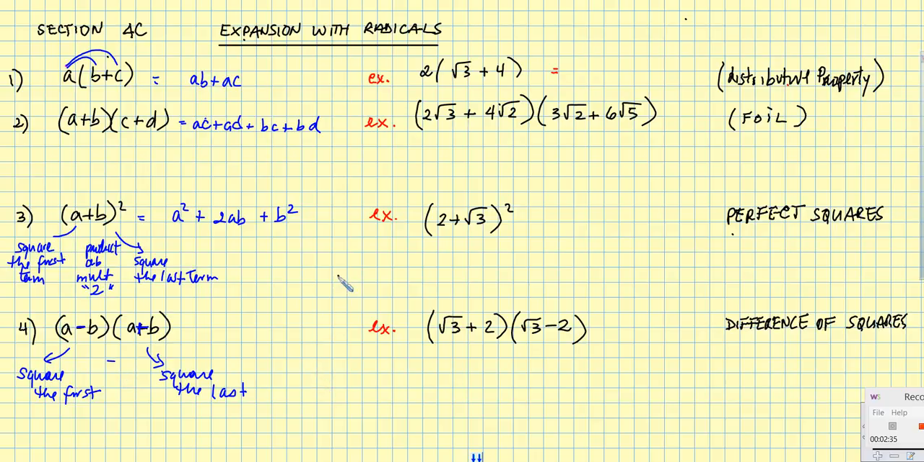All right, so let's take a look at different solutions to these types of problems. Let's look at the first one that says expansion using the distributive property, so that we have 2 times the square root of 3 plus 4. So we have 2 multiplied by root 3, which equals 2 root 3, and 2 multiplied by 4, which gives us 8. There's absolutely nothing else that we can do here,